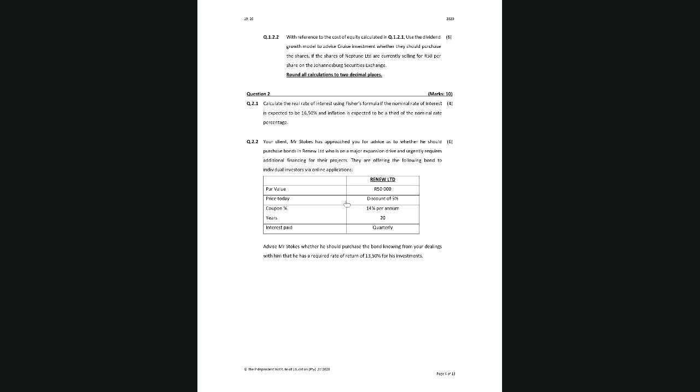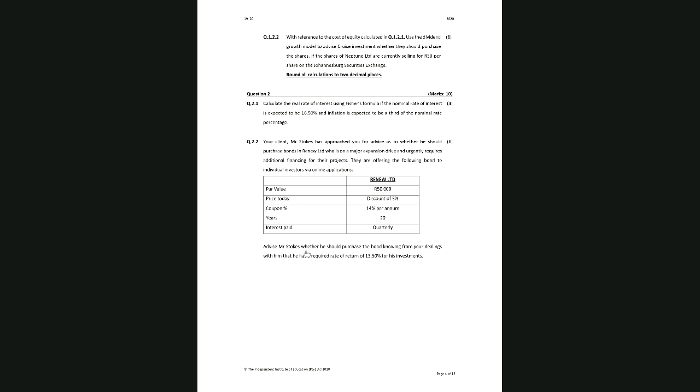It's for a period of 20 years, which is also fixed. And the interest is paid quarterly. That's very important. So remember, the value for I, for interest, is 14%. And the value for M, the number of times that the interest compounds per annum, M for Mary, is going to be 4.